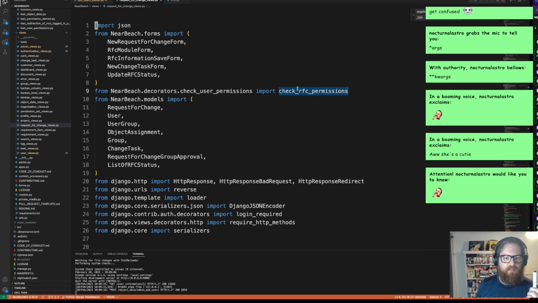So the request for changes need the check RFC permissions. It works essentially the exact same apart from that one line switch, which is annoying. I could put in some dodgy code, an if statement like, if this equals this, then change that string to this, and everything will be hunky-dory. Which could work. It will deal with that edge case because everything else is the same. But,